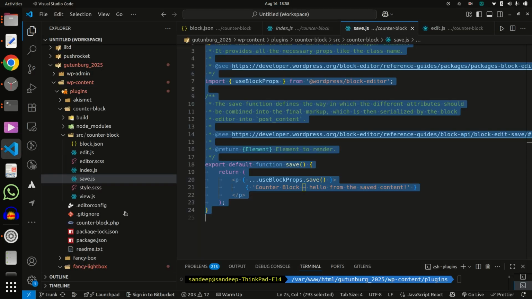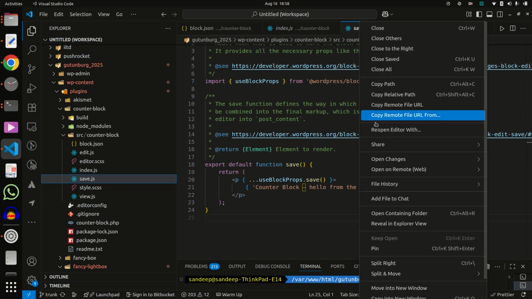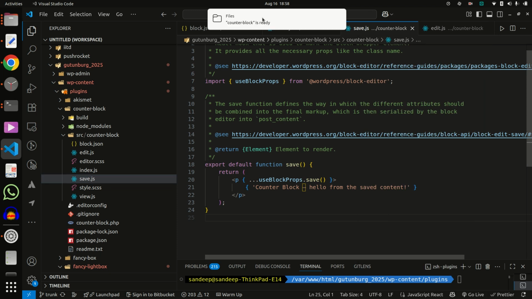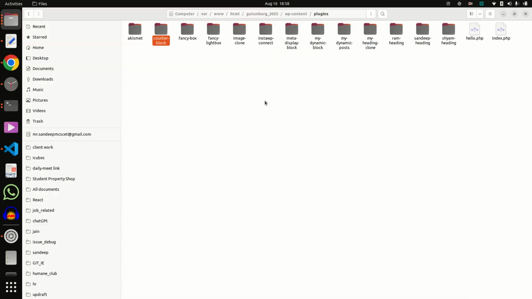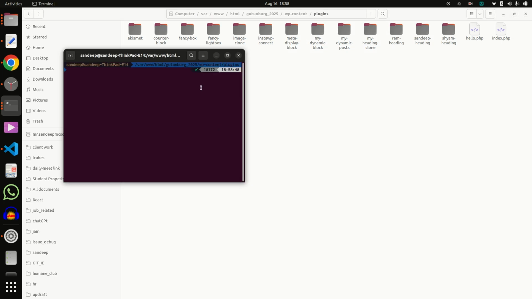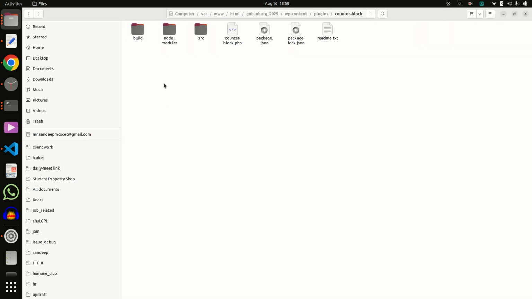Sorry, go to the plugin section and open it. Okay, here in the plugin section, run that command, and it will create one folder like counter-block, and inside that lots of files. So go to the src folder inside counter-block, and you will get block.json etc.